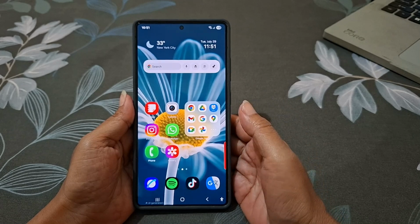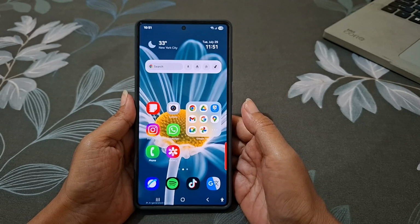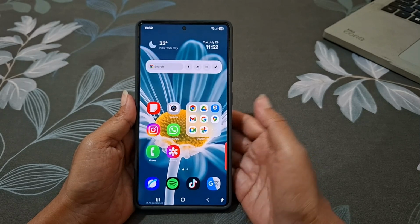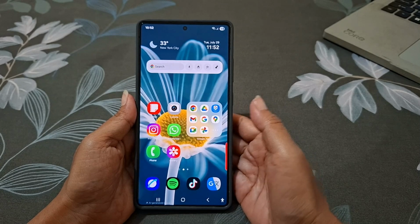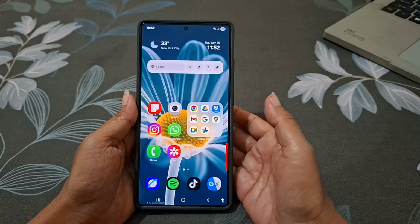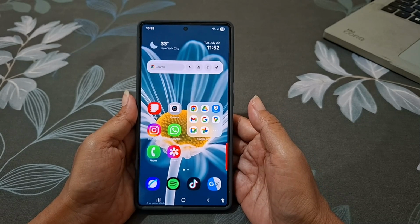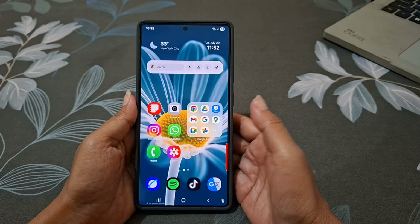Want to save battery while you are on the road without doing anything manually with the Samsung Galaxy S25 Ultra? You can make driving mode automatically lower screen brightness and turn on power saving to stretch your battery during long trips. To do so, go to settings,